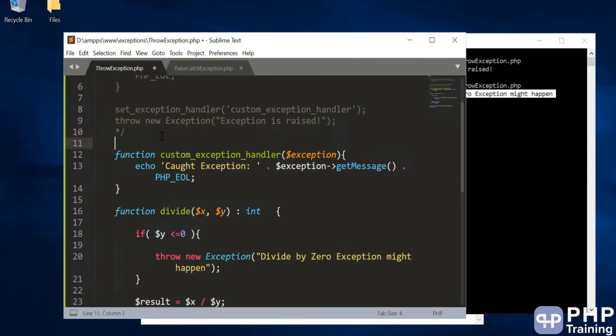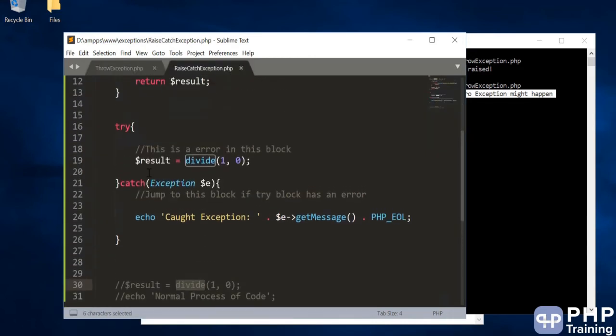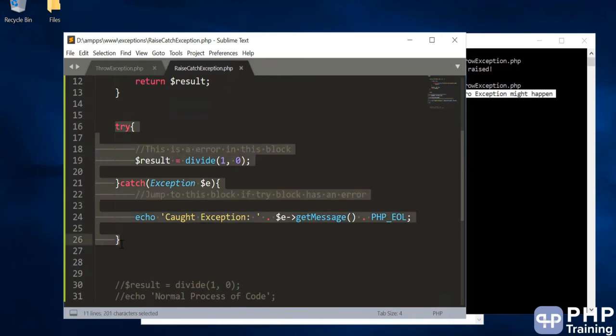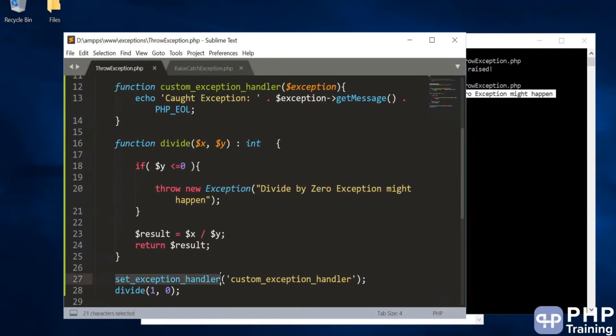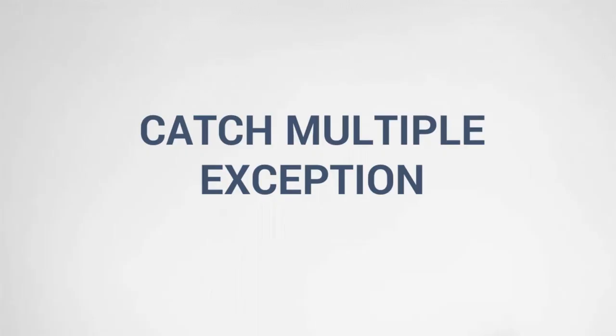So there's another way of capturing a custom exception. You can define your own method and change the handler and get control of that exception, or you can resolve it then and there by using a try catch block. So here are the two ways. One way is to use try catch, one way is to set the exception handler. That's all about how to throw an exception and catch a custom exception via a function, and I'll see you in the next one.